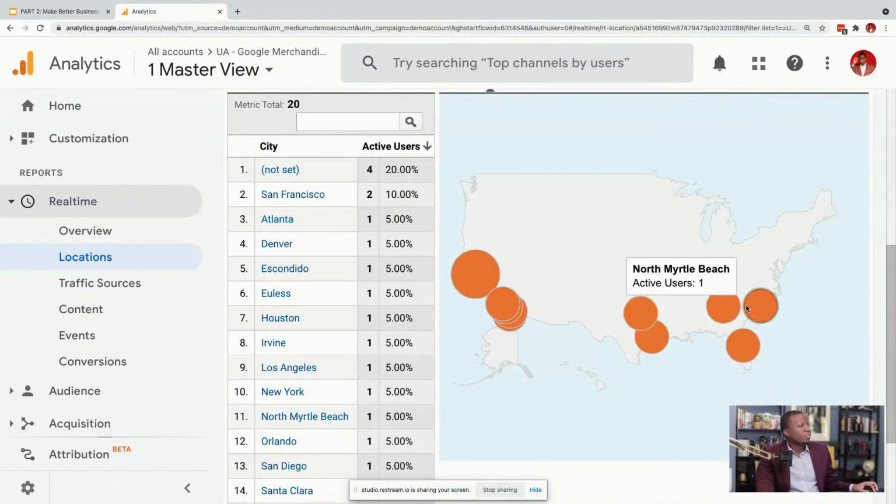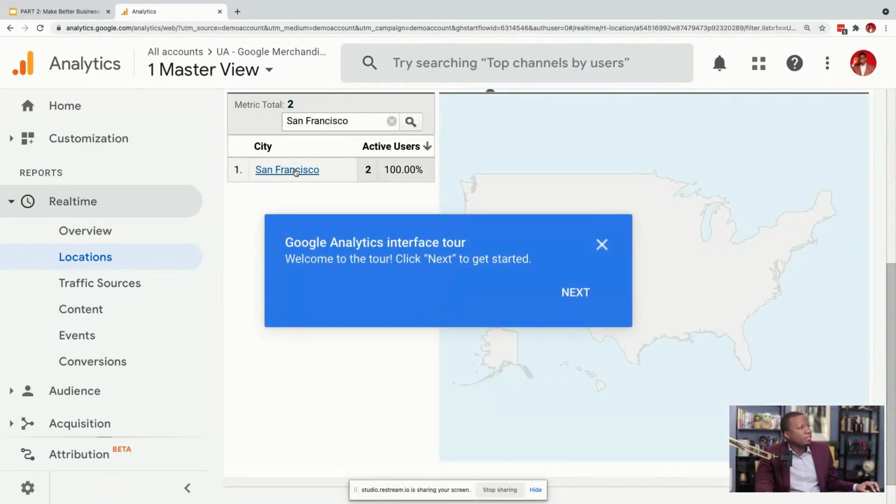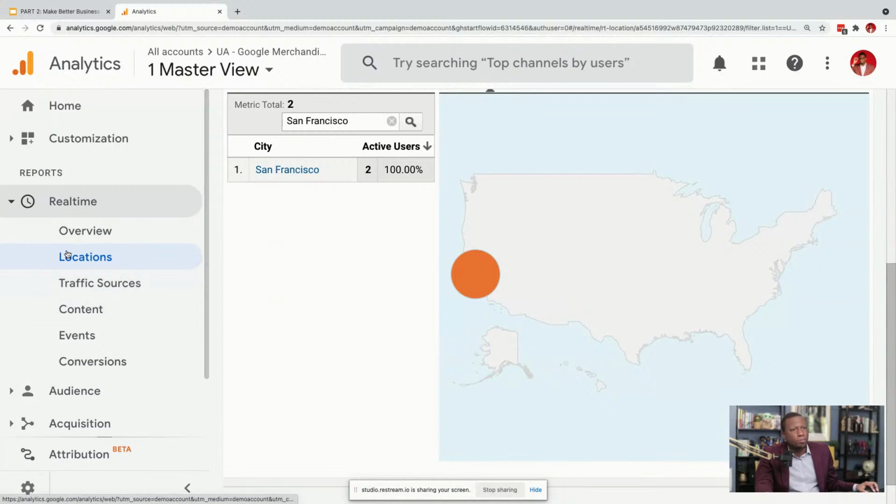And once again, if you are building a campaign and you know you're getting a lot of visitors from New York, great. Now you know you need to change the messaging of your campaign. Why? Because you've been writing content all the time for Florida, and you have no visitors from Florida. Most of the visitors are coming from another state. So it's really important to find out where they're coming from. If you want, you can click on a city name and get a really in-depth view of that. So once again, understanding location is very important.